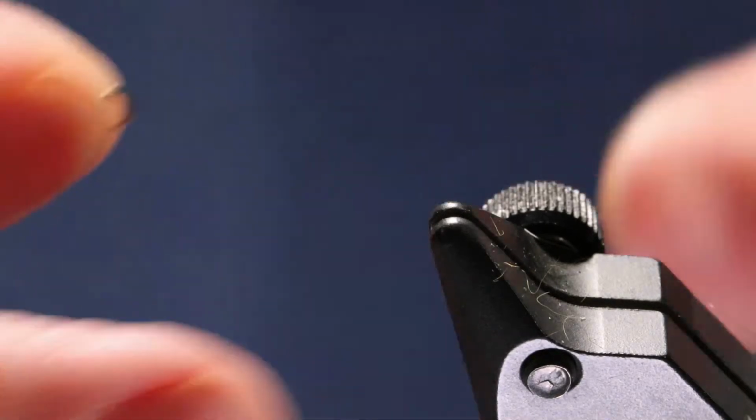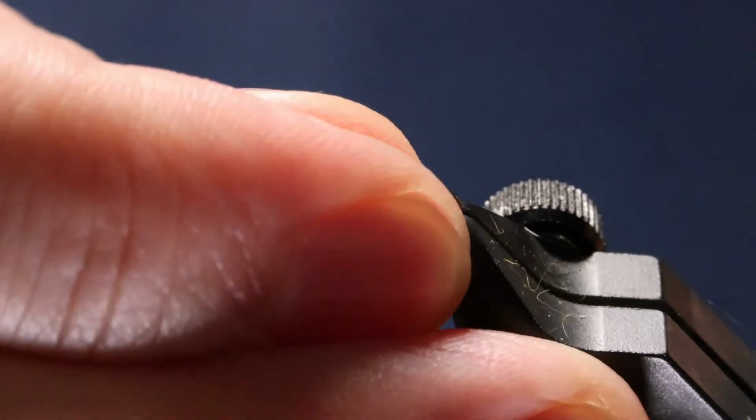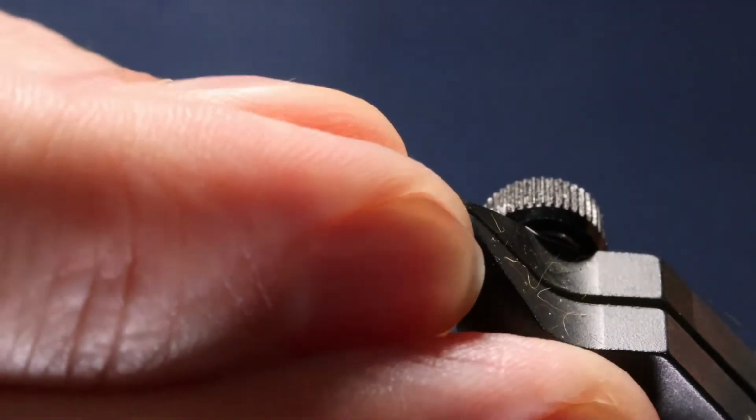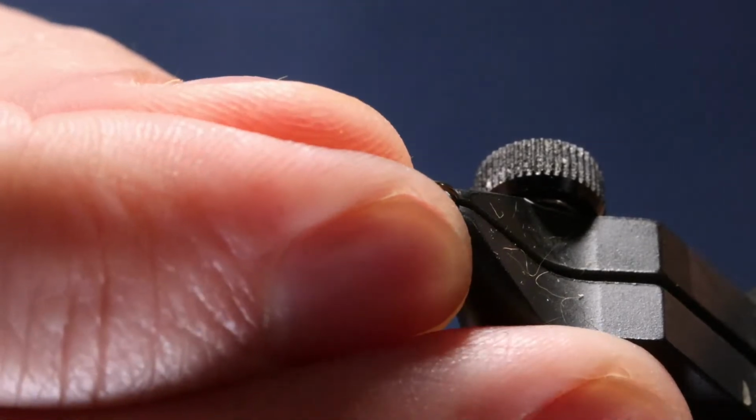Get this in there, and I'm going to use the same color thread, because I don't think I've got black loaded up. This is going to be, hey, let's see if it'll work. Now, if you all didn't know,